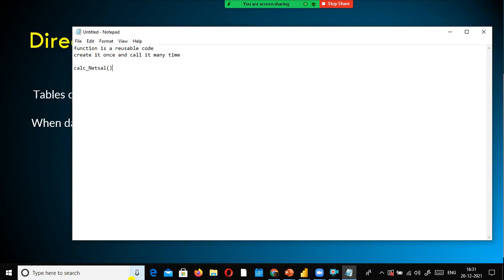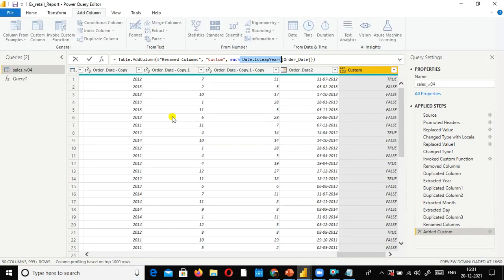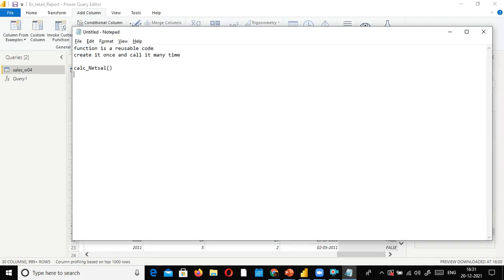Calculate underscore net salary. So any function, similarly look here, this is a DAX function, this is an M language function. This function was created by someone else. We don't have to worry about that. Thank God someone has already created this function. This is called a built-in M language function.